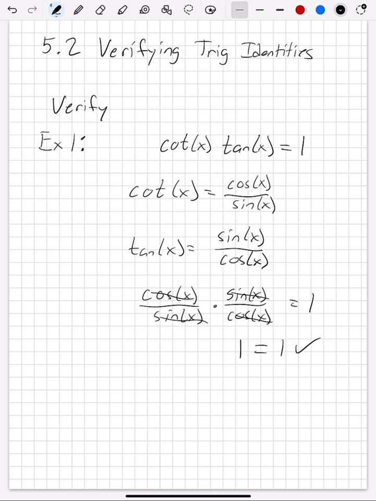So that is all that you're doing for section 5.2: you're given an equation and you just have to input the proper trig identity to verify that the equation is accurate. So here's another one, and this uses one of those Pythagorean identities. So verify